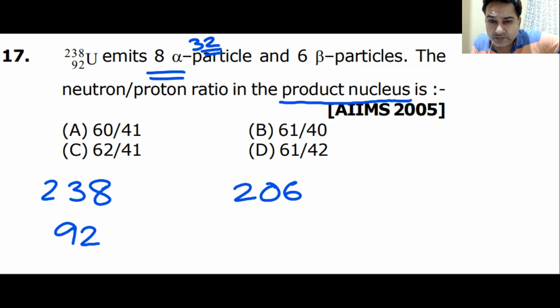What will happen to the atomic number? In an alpha decay, mass number goes down by 4. What happens to the atomic number? Increases or decreases? It decreases, sir. Mass number decreases. Atomic number decreases. By how much? Mass number decreases by 4, atomic number decreases by 2. Great. What happens in